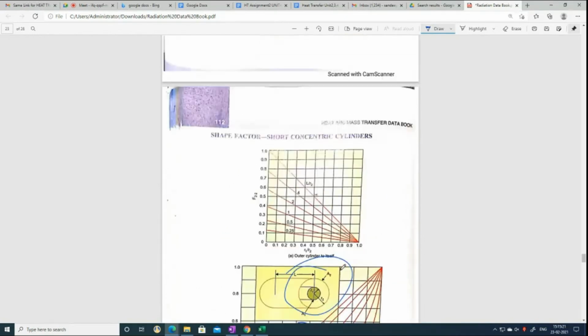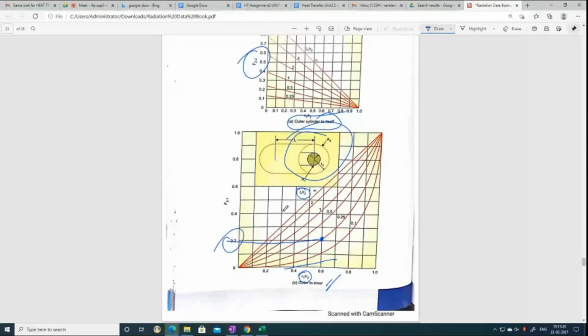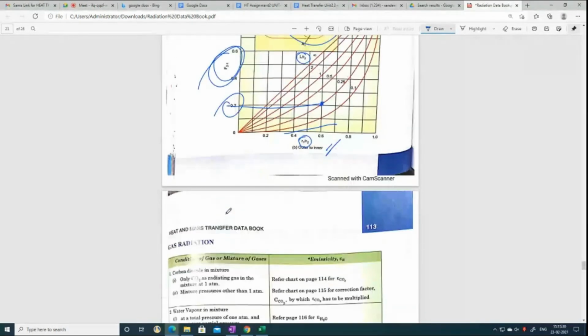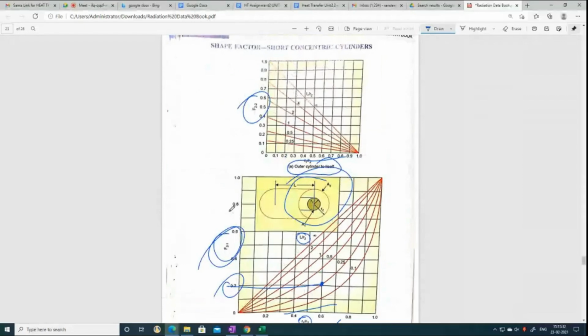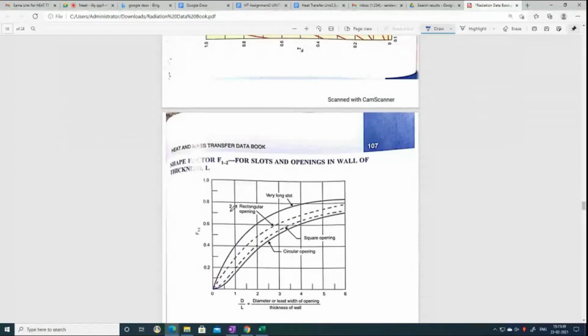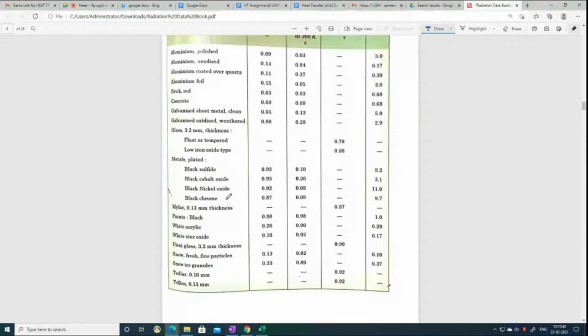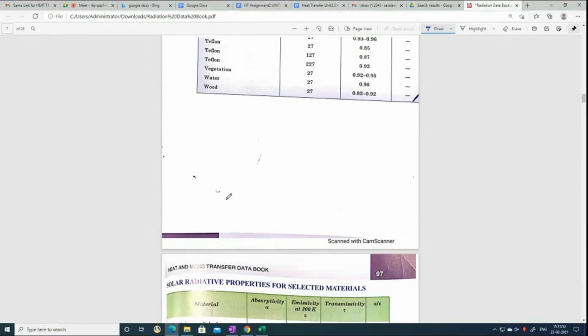This is one case. This is other case of the cylinder. Outer to itself, that is F22. This is F2. Okay, so these things can also be given. Most of the times, generally not given. But be aware of all these things. I hope the things are clear to you. If you have any questions, you can ask. Otherwise, you can do one thing. You can solve all these things. You can solve చేయండి. Solve చేసిన తర్వాత